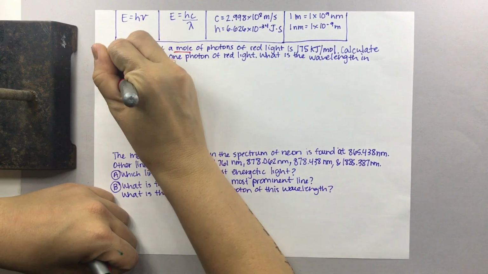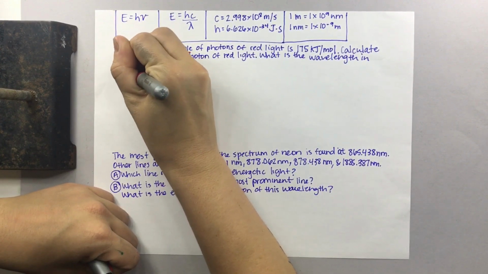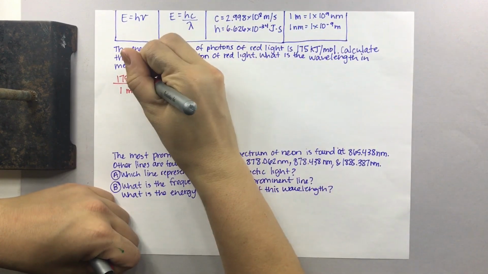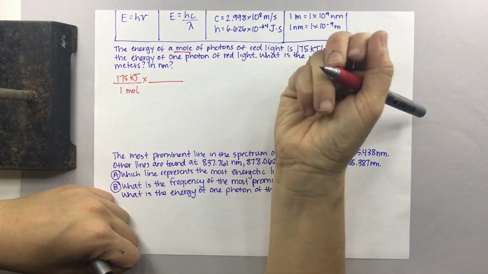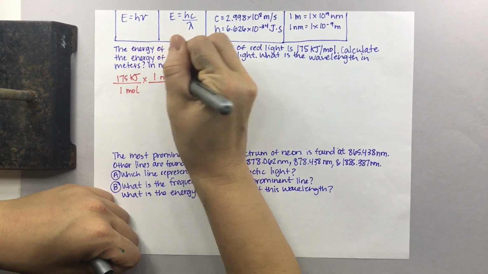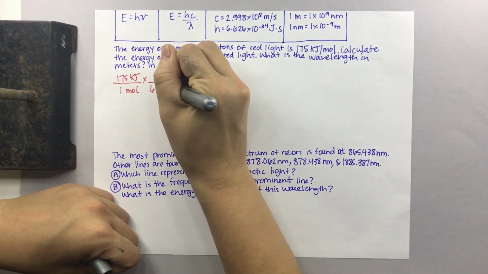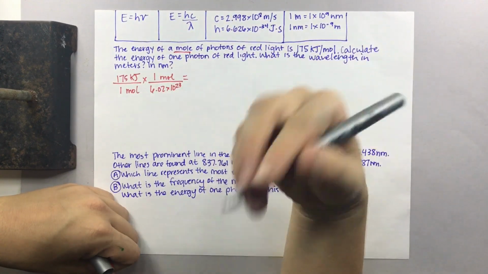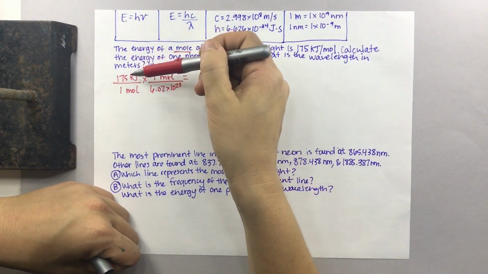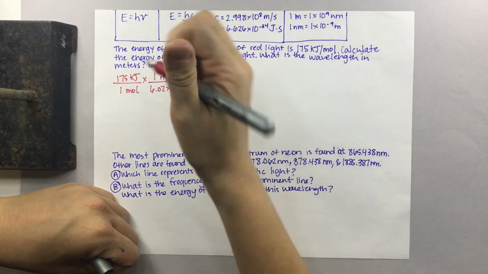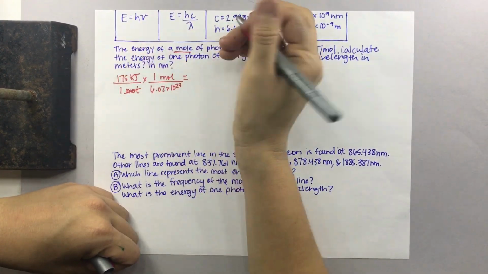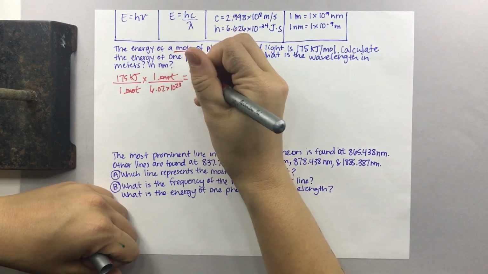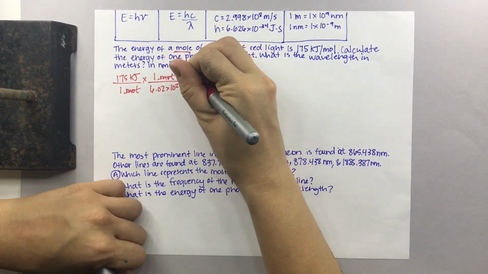If I have 175 kilojoules per 1 mole, well, for every 1 mole, I have 6.02 times 10 to the 23 photons. If we plug that into our calculator, mole is going to cancel here and mole is going to cancel here. My answer when I plug it into the calculator